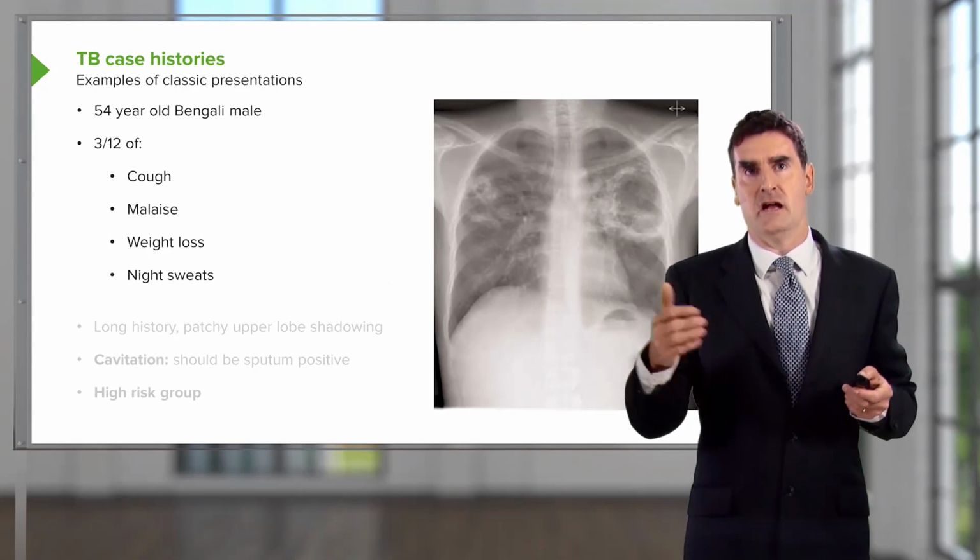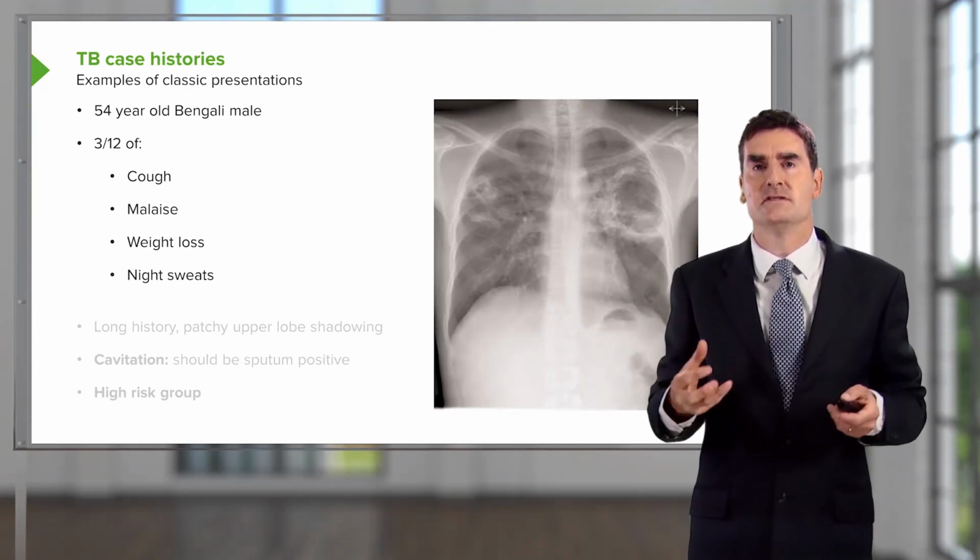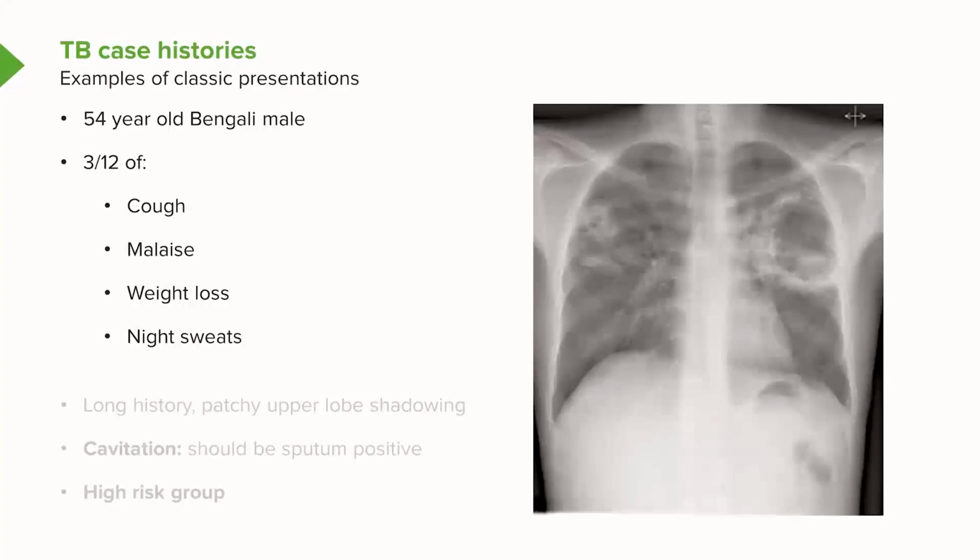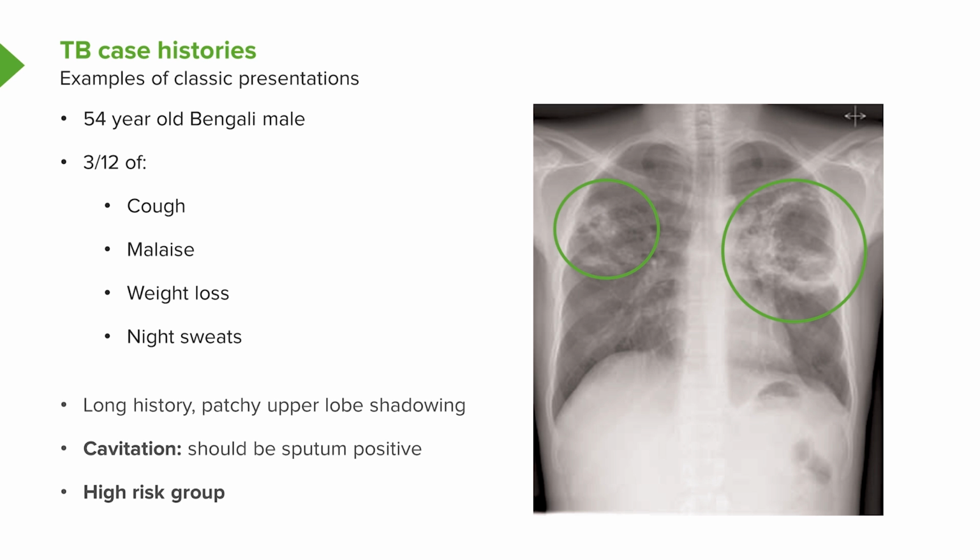So just to give you a couple of case histories to give a feel for how this disease presents. This first patient is a man from India. He's had a 3-month history of the systemic symptoms of weight loss and night sweats and feeling not very well. And with that, he's had a cough. And if you can see the chest X-ray, what you can see is bilateral apical disease here. And there's cavitation present. And this is a very classical presentation for somebody with pulmonary tuberculosis. Systemic symptoms, cough, and a chest X-ray showing upper lobe changes with cavitation.